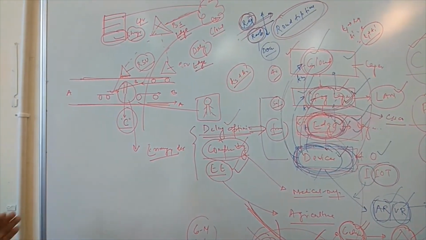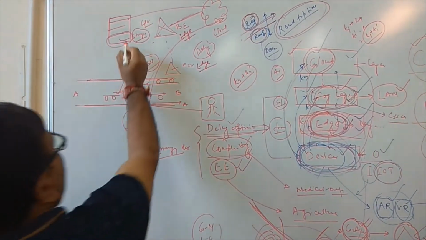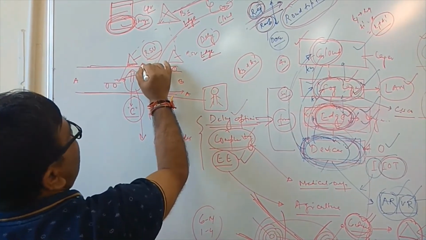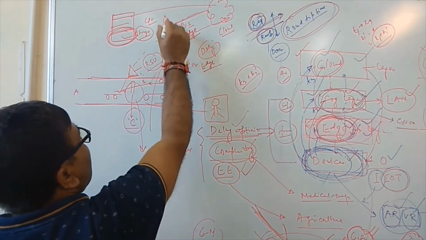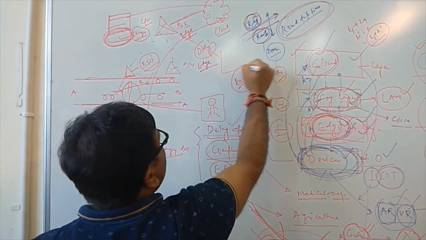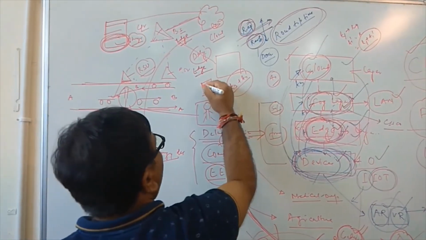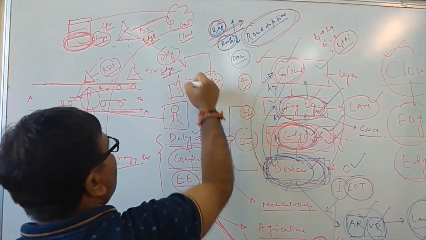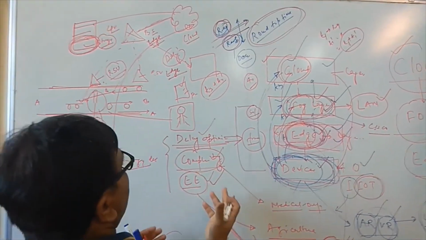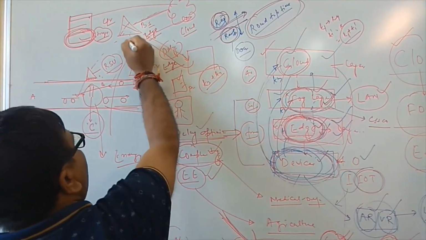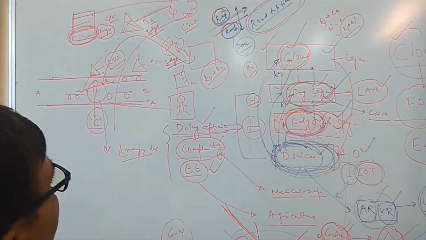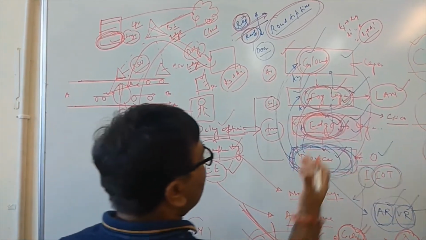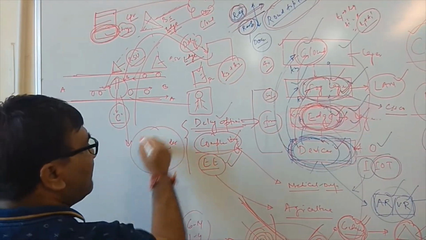So to provide better solutions, some storage and computation devices are installed at the base stations or roadside units only, so that they can directly send the information to the nearby hospital or nearby police chowki, right? So the police chowki will also get the information, and the nearby hospital also gets the information in a few seconds, so that ambulance service can be provided very quickly, right? So this is, I think, a basic example of medical facility emergency services